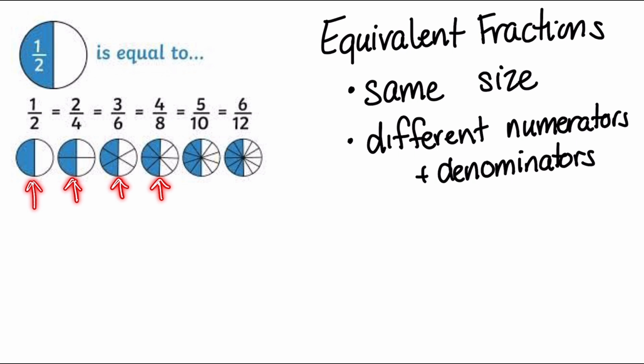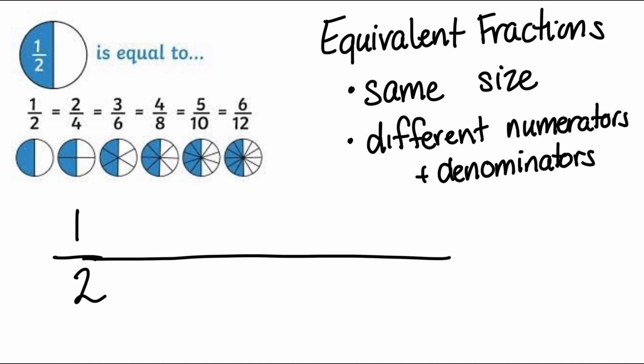The same amount of the circles are shaded for all of these here. So 1 out of 2, 2 out of 4, 3 out of 6, 4 out of 8, and so on and so on. So they have the same size, but different numerators and denominators. One way we can make equivalent fractions is by using a table. So for example, if I have 1/2,